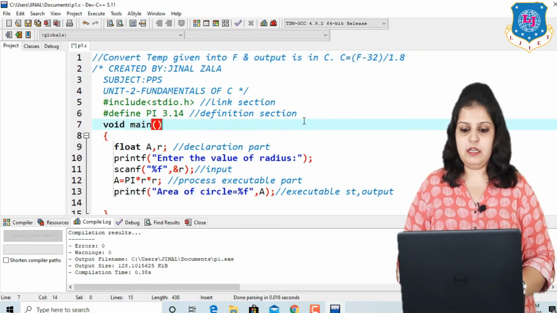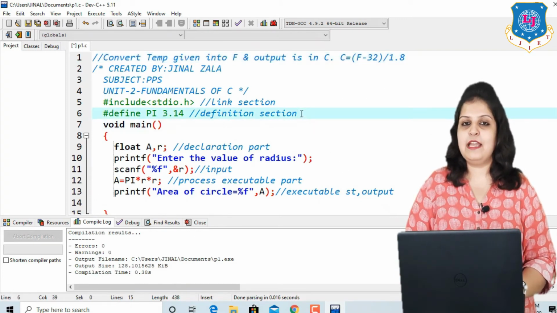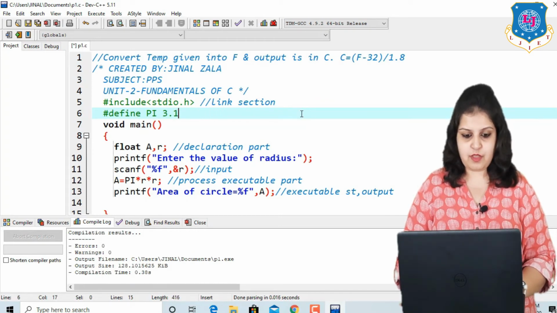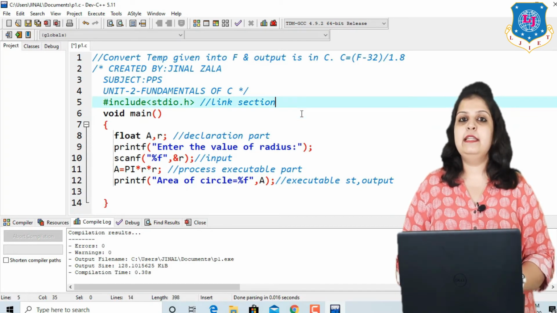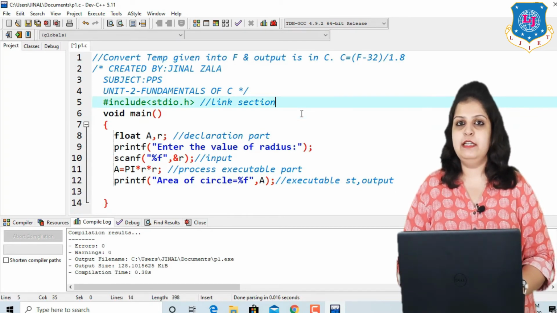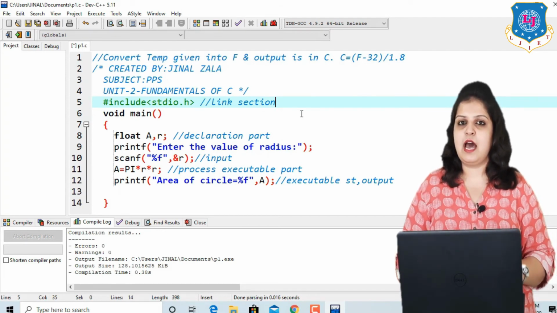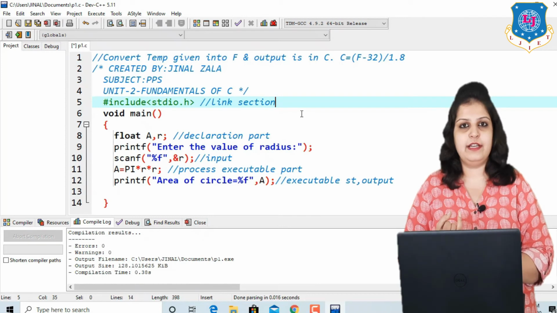Now in this program the pi value is not required, so we have to remove the definition section. So I am just removing this part, and think about how many variables are needed for this program. Here the temperature is either in Celsius or Fahrenheit.